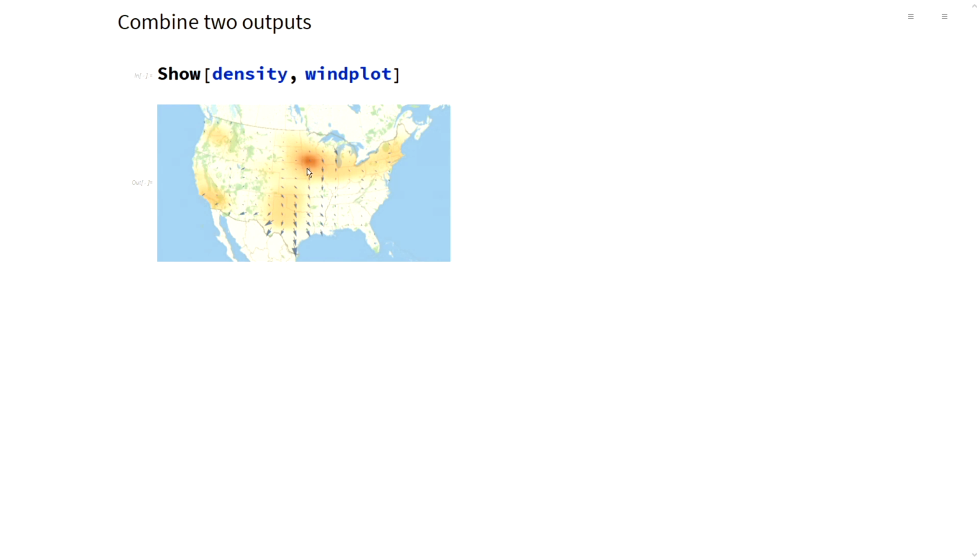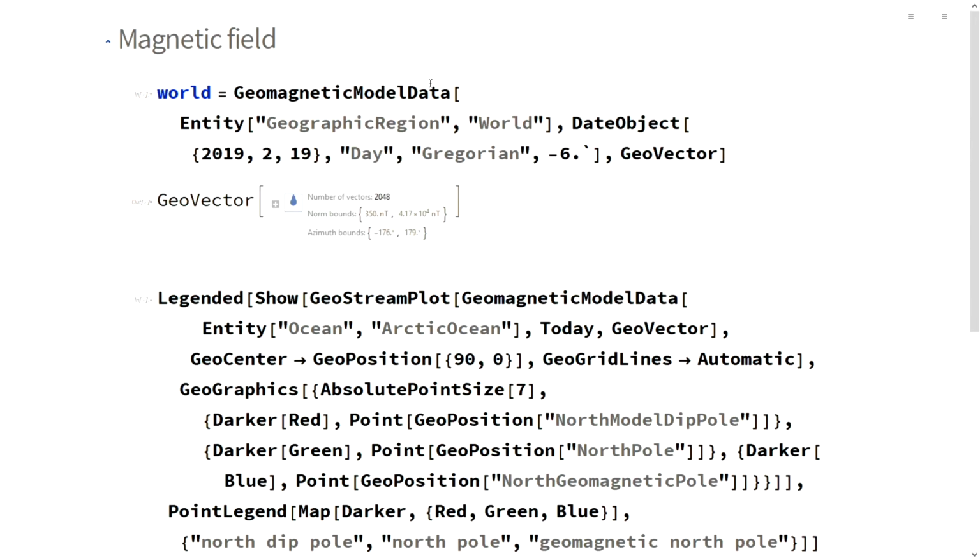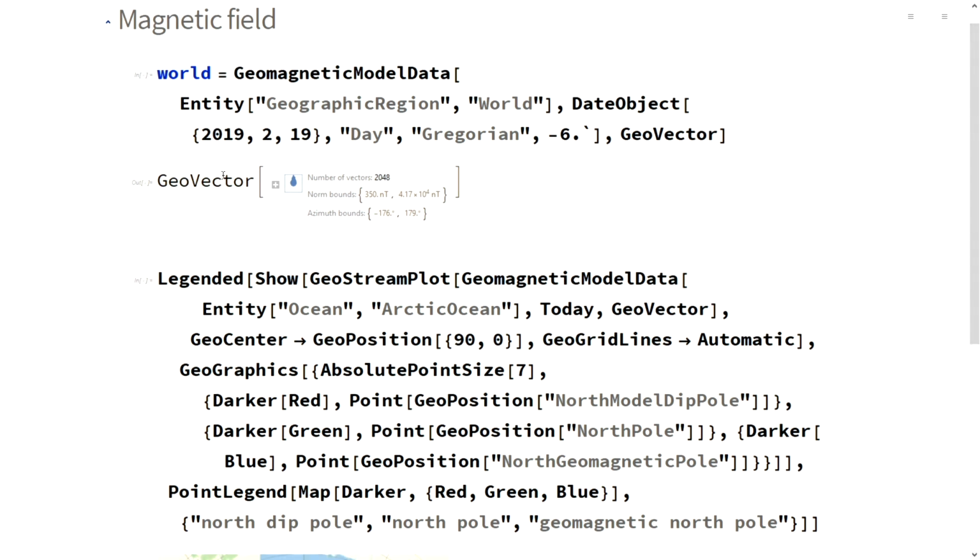But what we can do after having both plots is combine them and show the density of the wind farms and how the vector winds are, right? Again, you can set different options here. You can make it more attractive anyway, but what is important is that it's possible to do it. The last